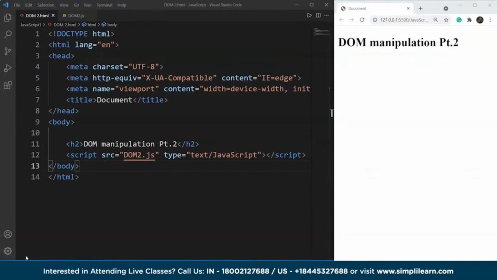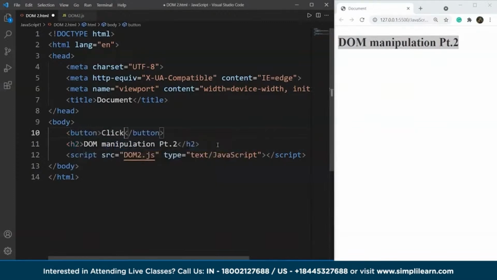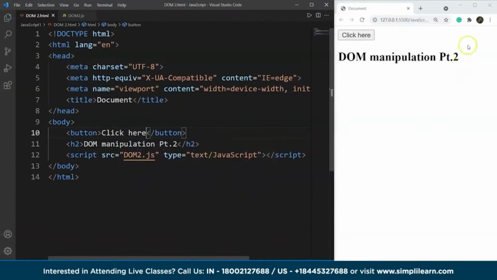So talking about HTML, let's do one thing here. We'll create a button with the help of the button tag, and we already have this heading with the h2 tag here, right? So we have this heading DOM manipulation part 2, and it is printed on our browser as well. Now we'll create a button. Let's create an empty button first. We have to write in this HTML document, we have to use the button tag, and let's say the button name will be click here. Fine. So here we are. We have created a button, save it,